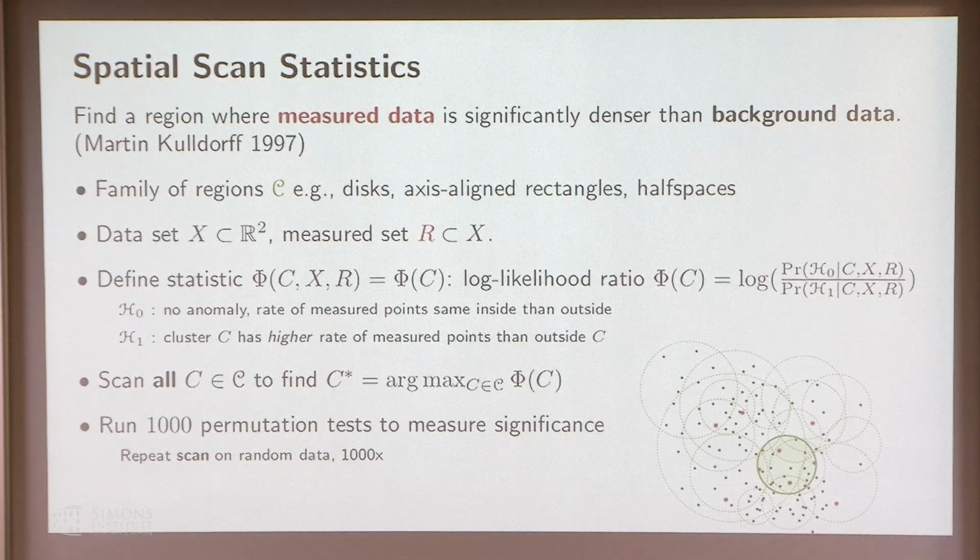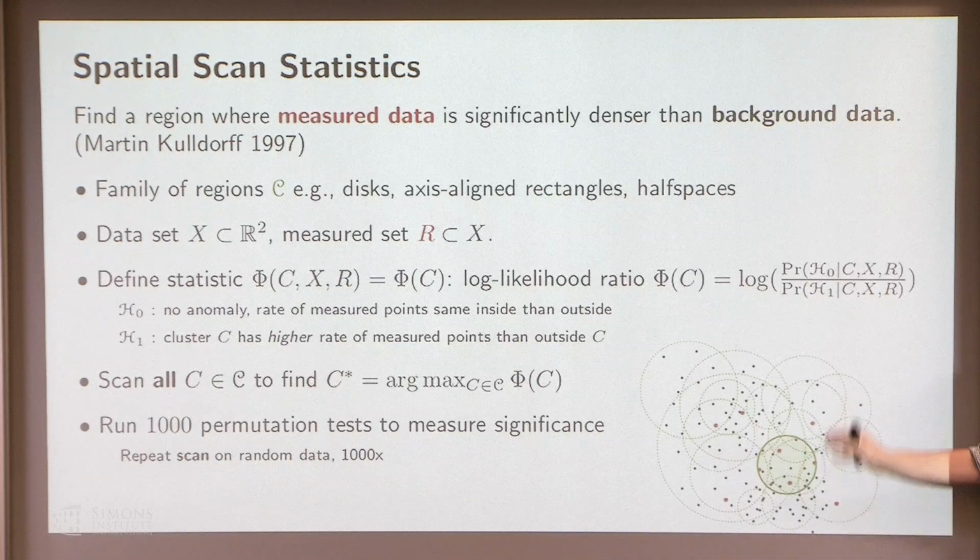I think the question was about the random data. I think that's part of the permutation test. In the permutation test, I'm not changing the spatial location of the data set. I'm changing where the measured values are. Think of if there's a subset of 10% of the points that are red, and I want to say the density of the red points is higher than the full distribution. I will randomly perturb where the red points are. I will change the label. I'll say this point's red instead of this point. I will randomly assign a subset of 10% of the points to be red, rerun the algorithm,